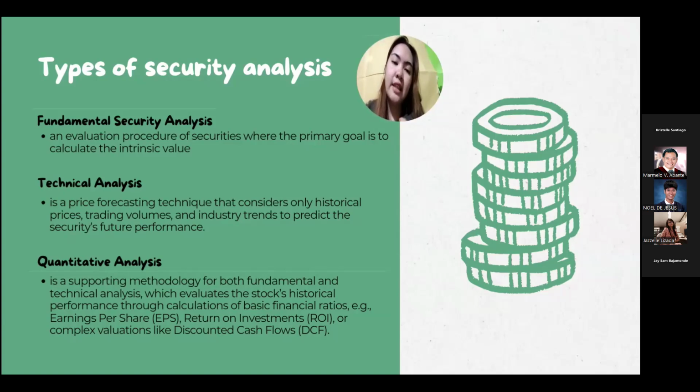It's a price forecasting technique that considers only historical prices, trading volumes, and industry trends to predict the security's future performance. So, itong method na to involves analyzing historical price movements and trading volumes to predict future price movement of security. So, yung mga analysts, gumagamit sila ng charts and indicators like yung mga moving average na makikita kasi